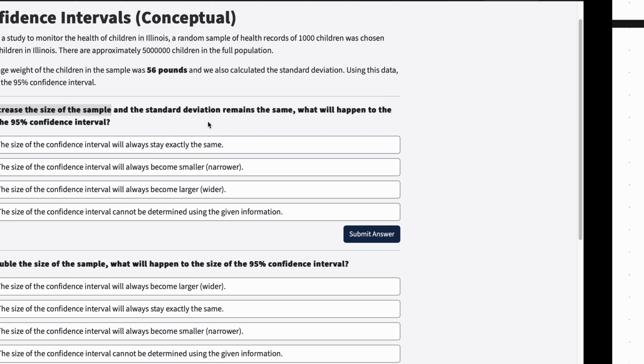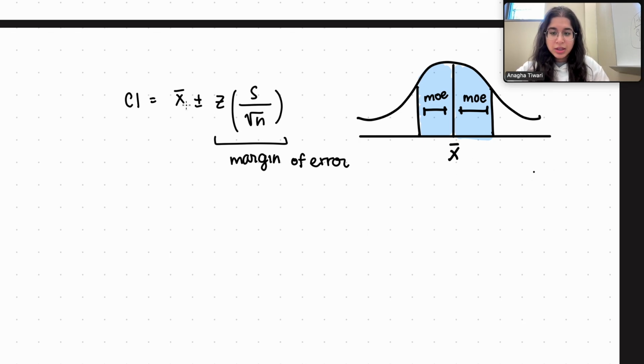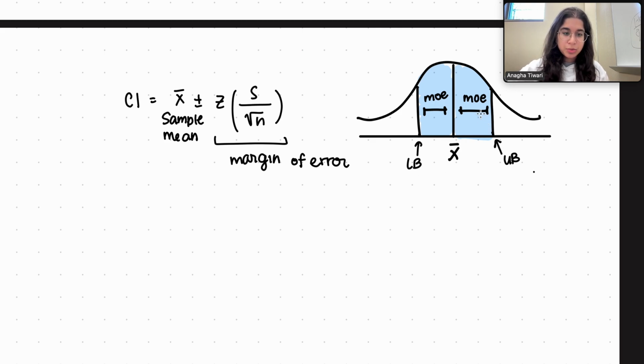So if we increase the size, and here I have written out the confidence interval formula. It is your sample mean, plus or minus the z-score times the standard deviation of your sample divided by the square root of n. And this is what we call the standard error, because it's the standard deviation of your sample divided by the square root of n. And here you can visualize it. If this here is the lower bound of your confidence interval, and this here is your upper bound, the distance between your sample mean and your upper and lower bounds is basically going to be that margin of